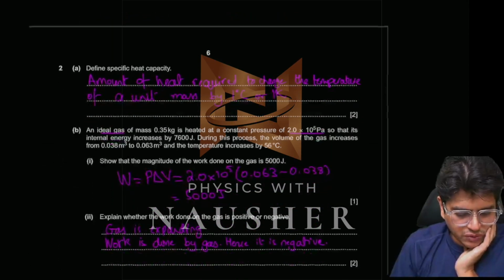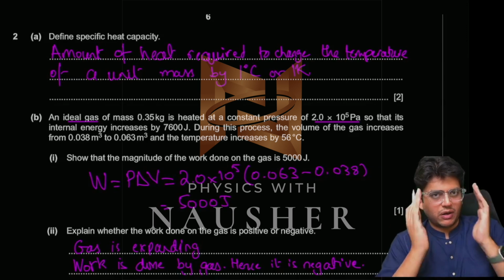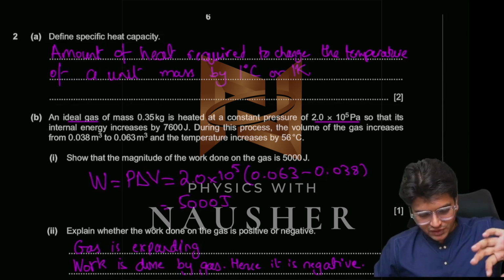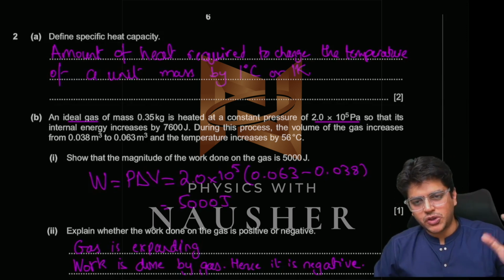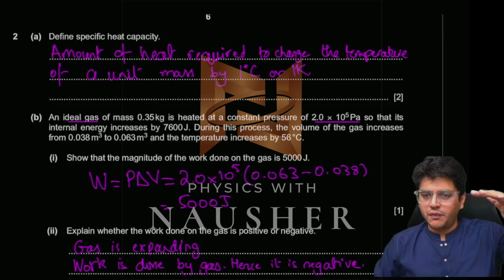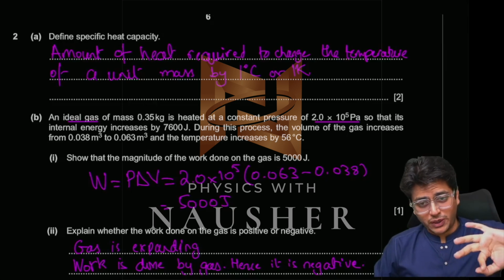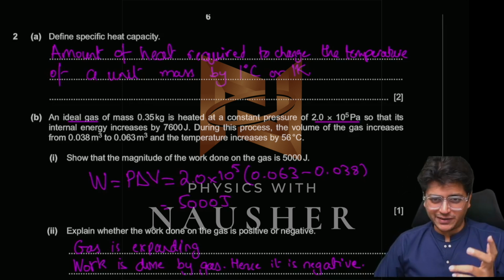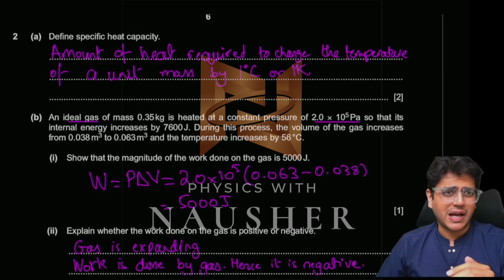Done. Question number 2. Define specific heat capacity. This is the amount of heat required to change the temperature. Remember, you have to change the temperature. It's not necessary that you always increase the temperature. You could also decrease the temperature. So when you're writing the definition,